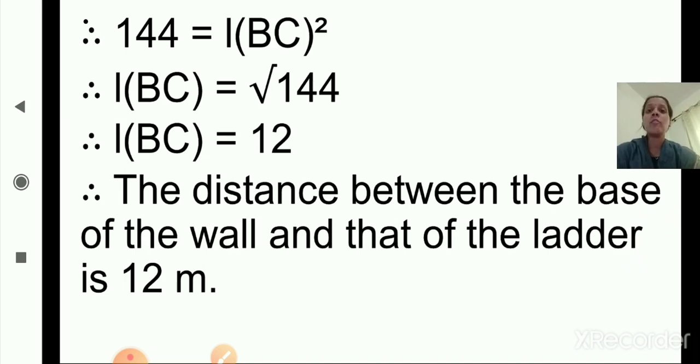And in question number 1, the first question, find the value of x. First and second I have solved. The third sum in the question, you will do on your own, that is a homework question. Okay, so you will solve that on your own, and the rest of the sums I have solved. Okay, so I hope you are clear with all the sums.